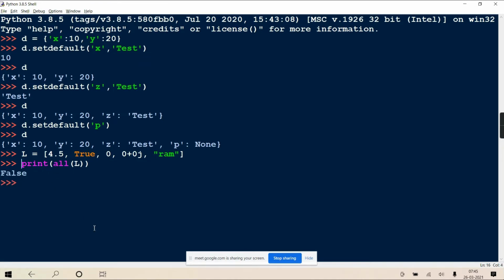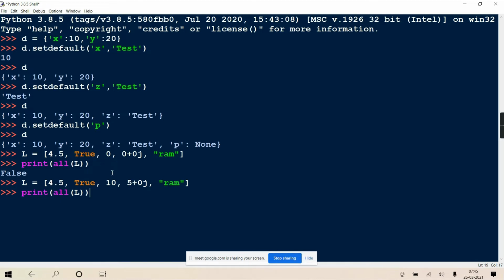Okay? If each and every value is true, like instead of 0 it is 10, suppose 4.5, true, 10, 5 plus 0j and string "ram". And now if I write all(L), is each and every value true in this list? Are all the values in the list true?